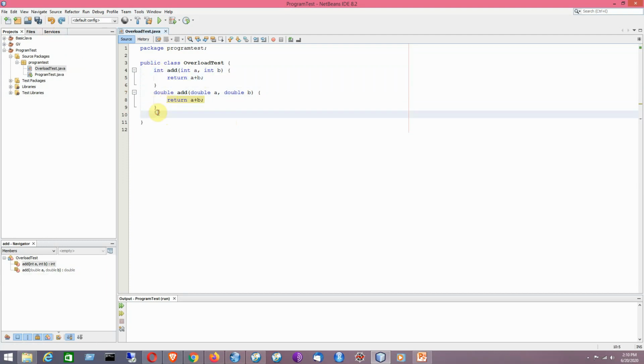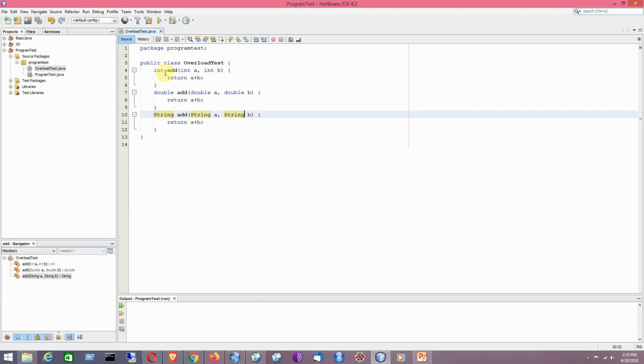Now I will be using another method that will be taking two strings as the operands, and it will return a concatenated string. That means it will be basically performing the string concatenation operation. So the concatenated string will be returned. So this is the example of method overloading with respect to different types of parameter.